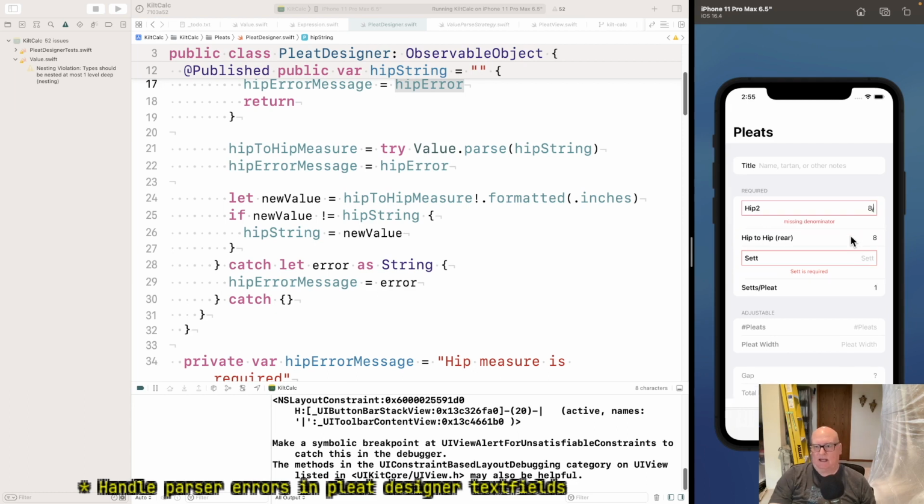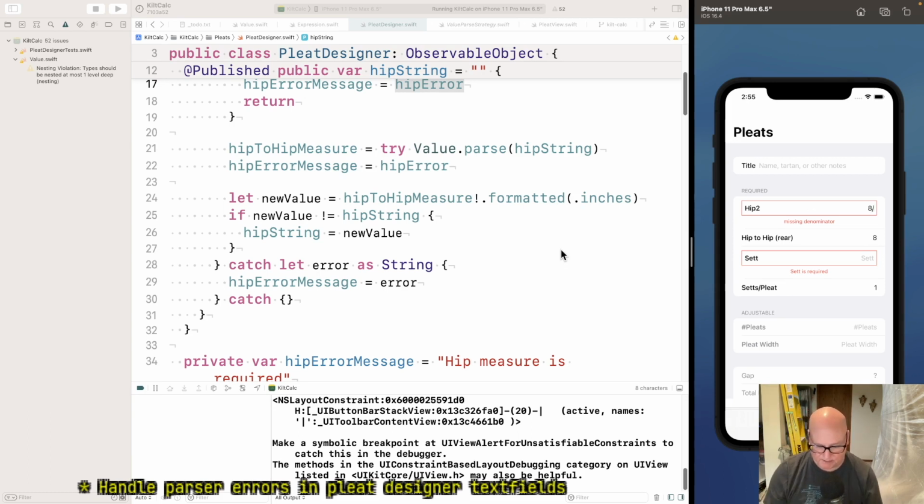Now, if I do 8 slash, that's that. Maybe I'm wrong to accept 8 point by itself. I don't know the right way around that.